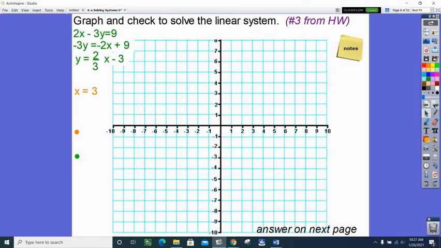Okay, so here's the next one, which was number 3. And this one, you can say, hey, it's in standard form. The problem with standard form here is that one of the intercepts is not in the crosshairs. So from an accuracy standpoint, it might be better to solve it for y. So I subtracted 2x and I divided everybody by -3. And now if I plot the -3 y-intercept and go up 2/3, I'm working on the crosshairs rather than,